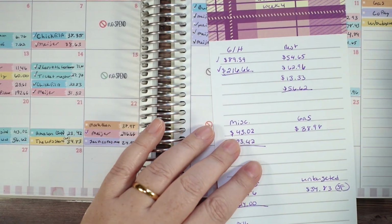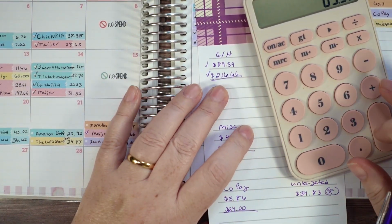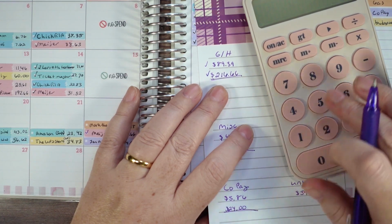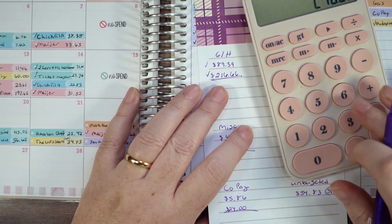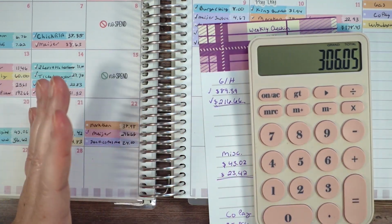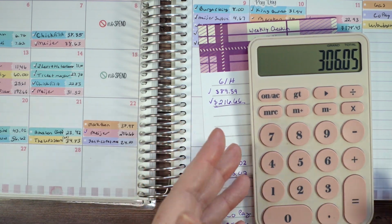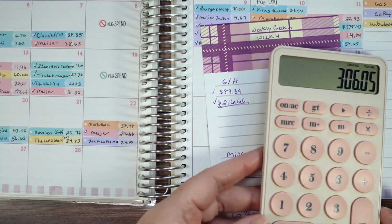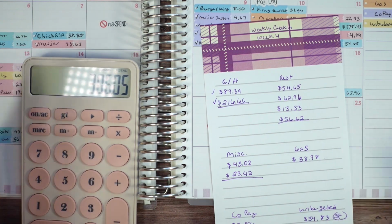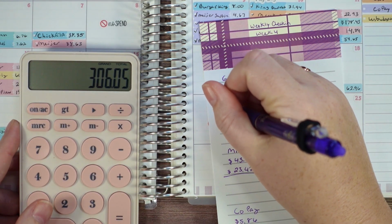So that total there, those two items, $89.39 plus 216.66, there we go, was $306.05, which was way more than what I have budgeted in this week's paycheck period. Oh, these lights are really bright here. So I'm going to go ahead and